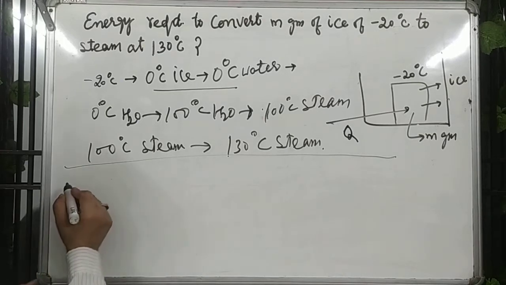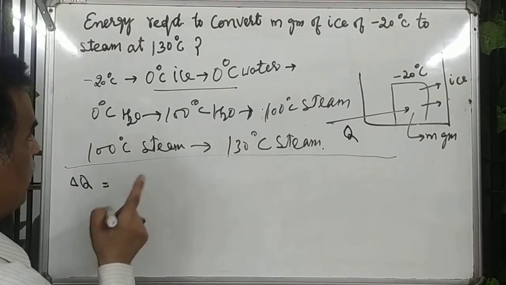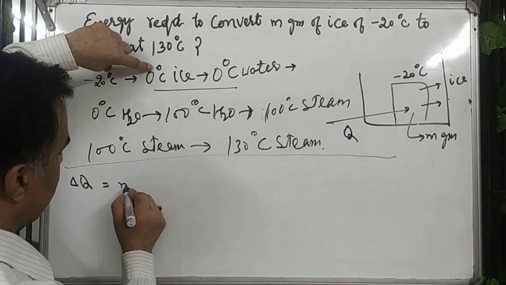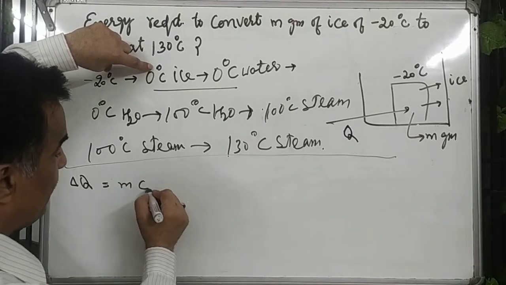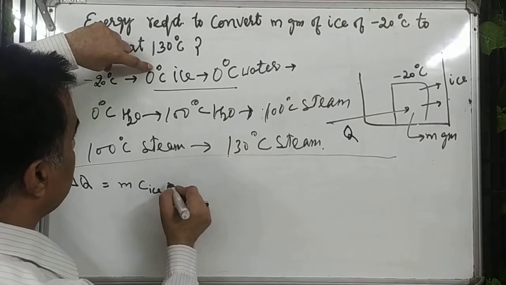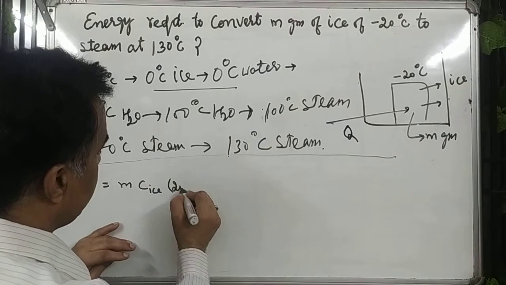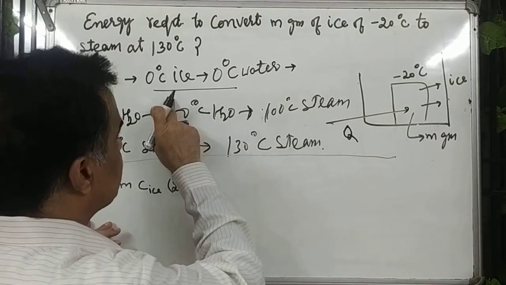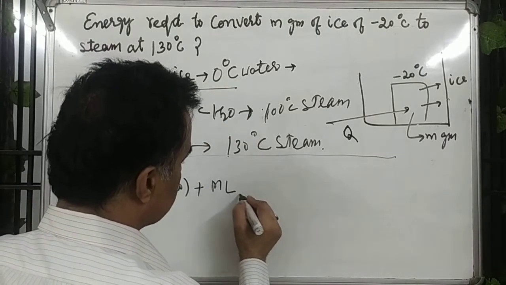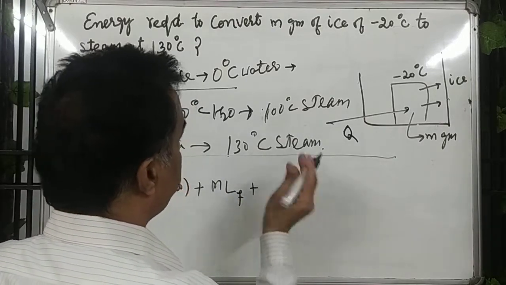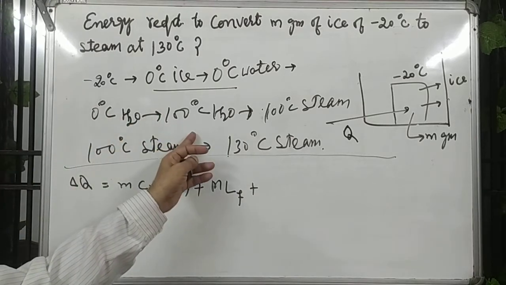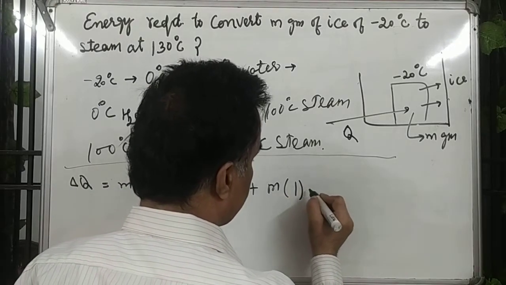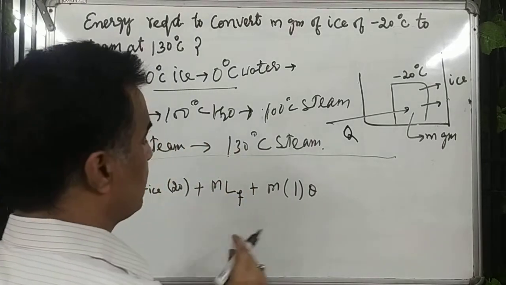So for this, the heat supplied delta Q equals, first of all, for minus 20 degrees Celsius to 0 degrees Celsius of ice, mass m, specific heat of ice, into delta theta, the change in temperature, that is 20 degrees Celsius, and plus, at 0 degrees Celsius to 0, this is mL, and this is the latent heat of fusion, and further 0 degrees Celsius water to 100 degrees Celsius water, m c theta, mass m, specific heat c is 1, m c theta, change in temperature, and theta is